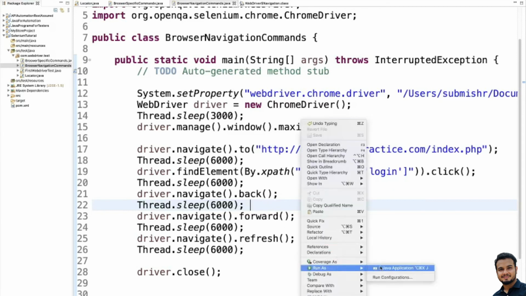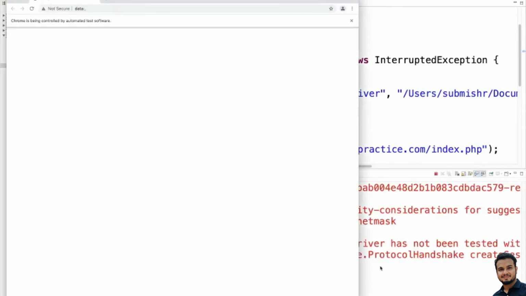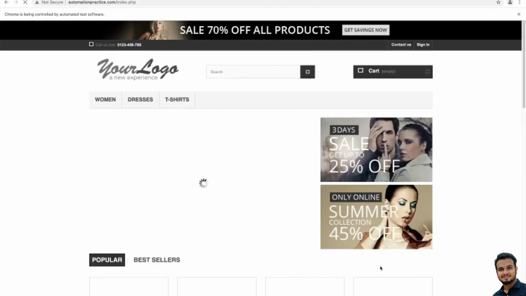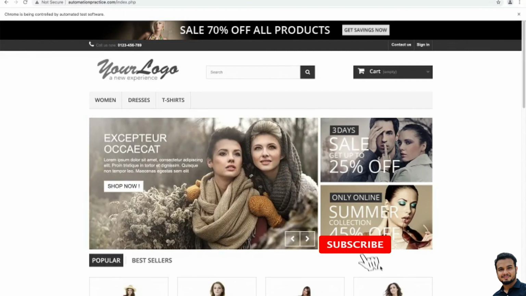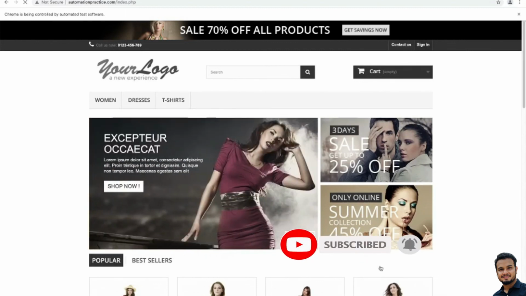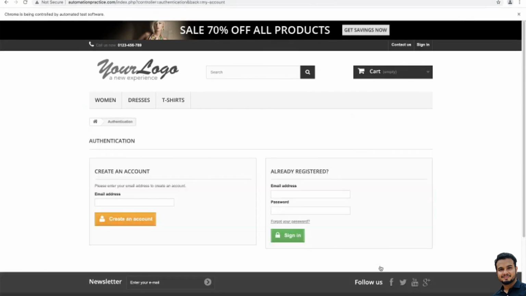Let me execute it, just notice it. So the browser is launched, it is maximized. Now the automationpractice.com website is opening. It is loading, waiting for 6 seconds. Now it should click on sign in. Yeah, it clicked. Now we are in the sign in page.